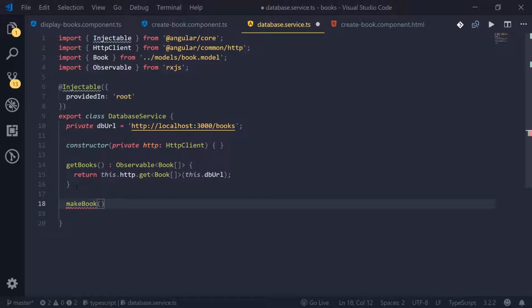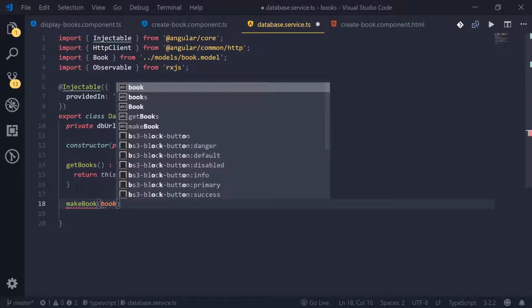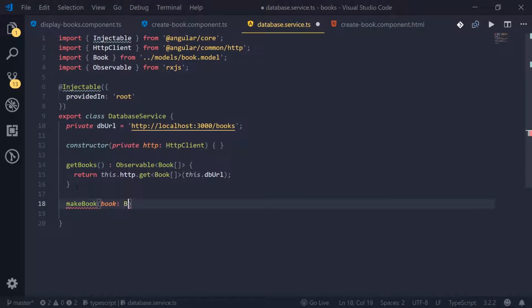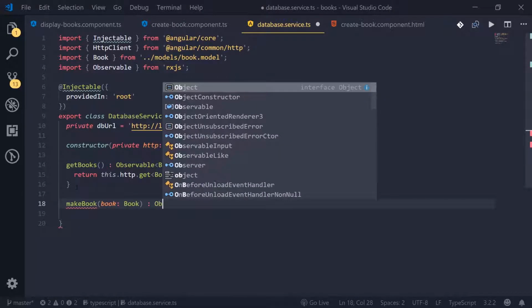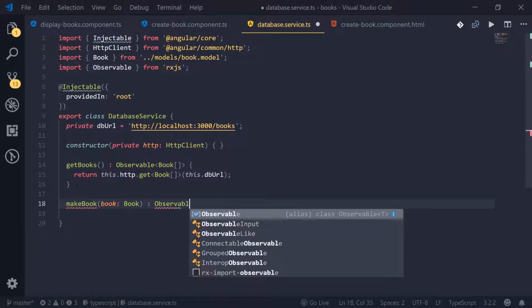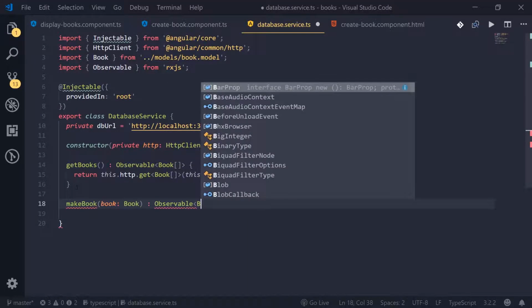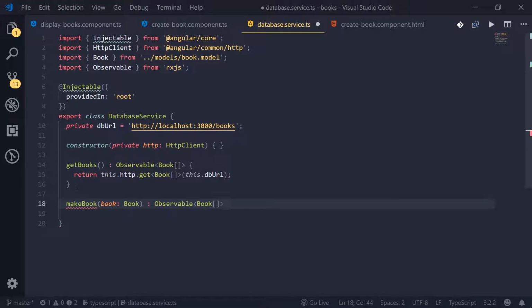In createBook, we're calling out to this method makeBook, and we're passing it the book that we would have just created in the client. So here we're going to have a parameter called book, and its type will be Book. We're going to return an Observable of type Book array,